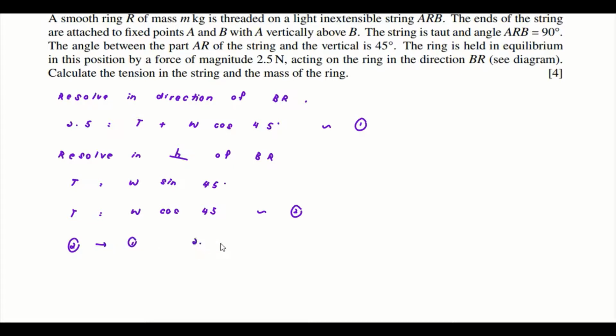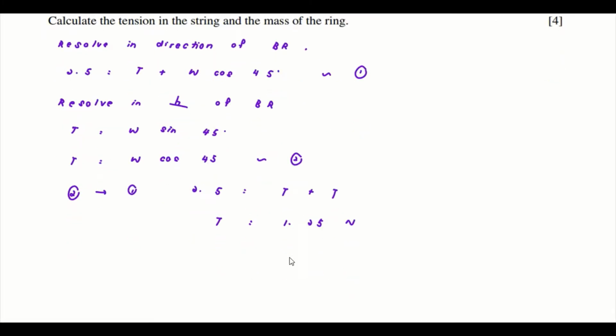So what I have is 2.5 will be equal to 2t. Okay, it's the t plus t here. Let me try to write in full. So t plus t, so from here I can get my tension is 1.25 Newton. Okay, so by having this, now I can solve my W. So from equation 2, I can get 1.25 is equal to W cos 45. So by solving this, I can have my W will be equal to